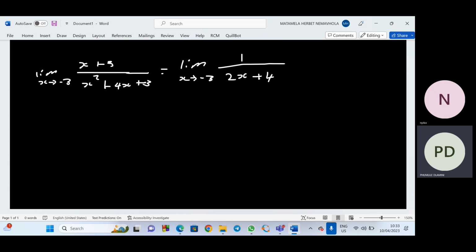If we substitute negative 3, it's going to be 2 times negative 3, which is negative 6, plus 4 is going to be negative 2, which is not equal to 0. Then we can say this is equal to 1 over 2 in brackets negative 3 plus 4, which is equal to 1 over negative 2. So the answer is negative 1 over 2. So this is how you do it. If you check there in your memo,